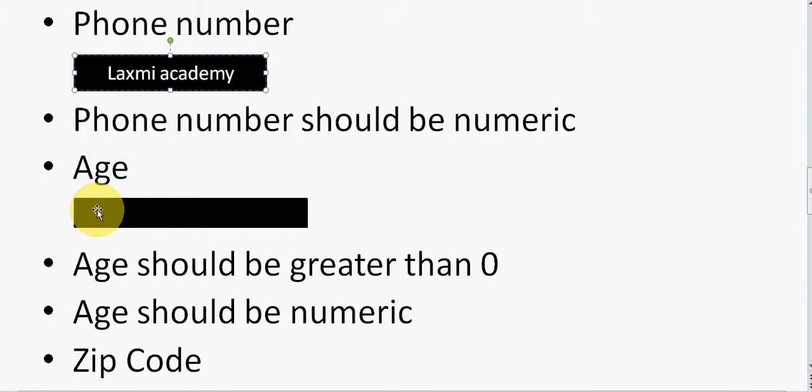Another example can be age. Age should be greater than 0, or age should be numeric, and the user enters a negative age. Now everyone knows a person cannot be negative 25 years old, so it should show an age-should-be-numeric message or any other user-friendly error message. Or another example is zip code.